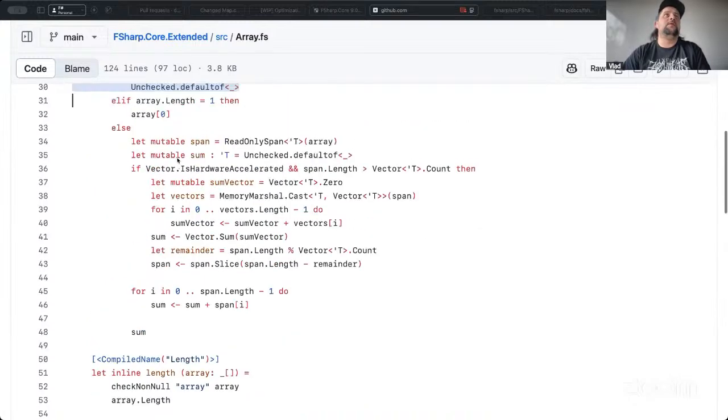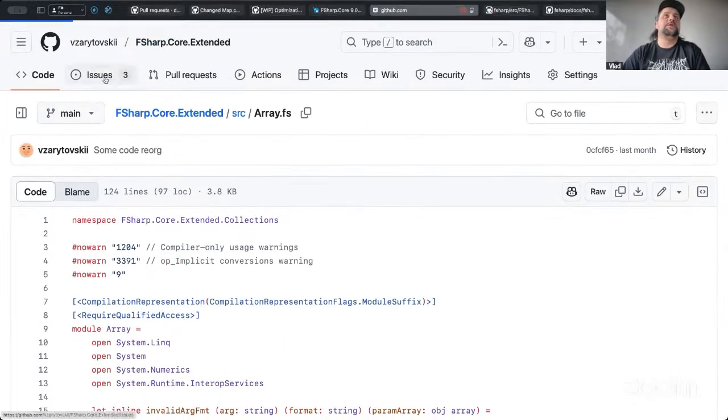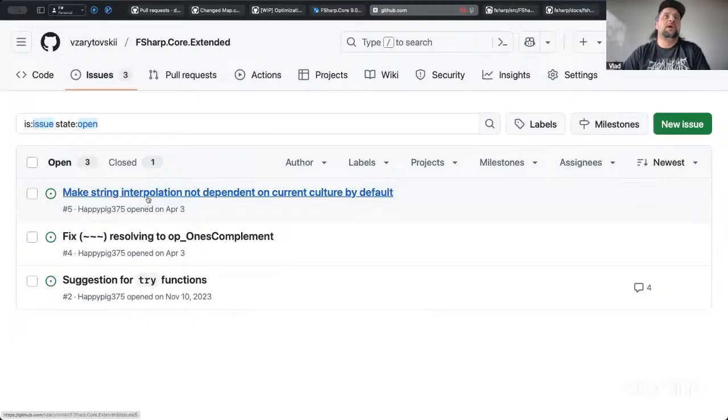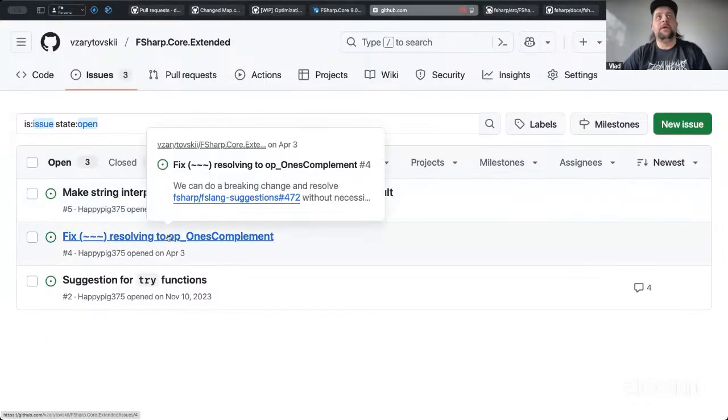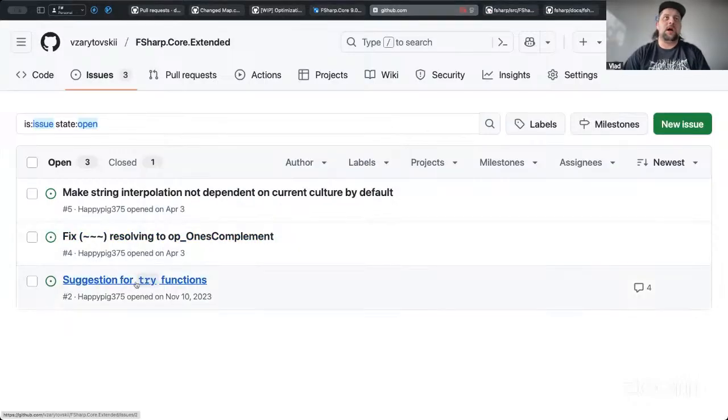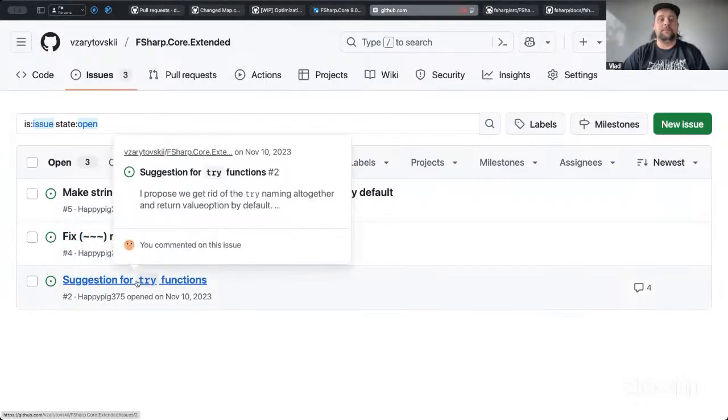There are a couple of existing issues which are about making string interpolation different or handled differently. This is arguably a bit more opinionated. We can try and test it, and get an opinion from the community. There are some very specific ones, like replacing an operator with a different implementation. I'm personally fine with it if people think that it's a better default,